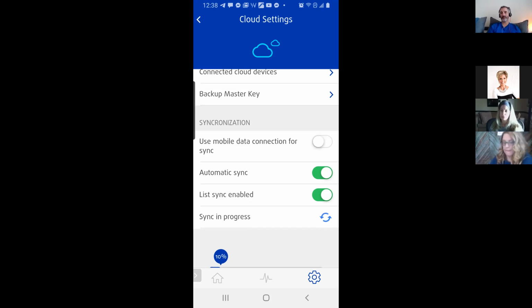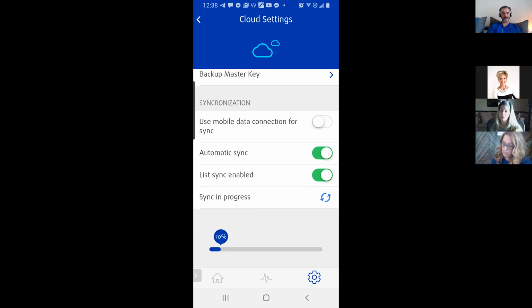The device will actually tell you that. It will say, oh, if you're not connected to Wi-Fi right now, it won't sync it. But if people blow that off and ignore it and keep going, and then they run into an issue where they have to reset their device and didn't use mobile data connection for sync, yeah, it's all gone, okay? And it's syncing, 10% at the moment. Yeah, it's got a lot to sync. Anyways, I think that's good for that.